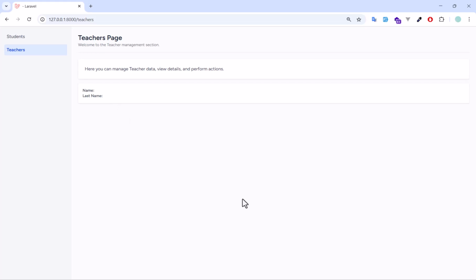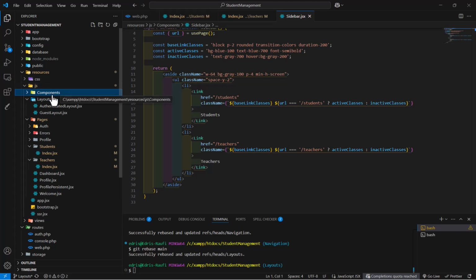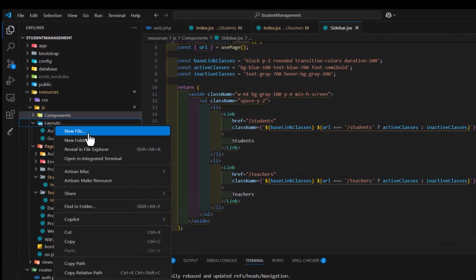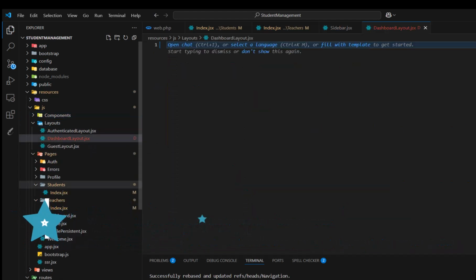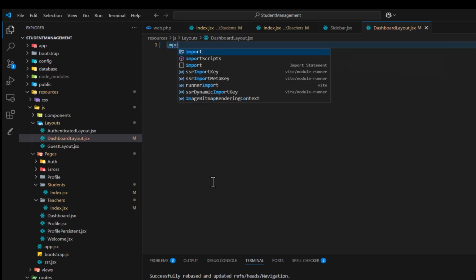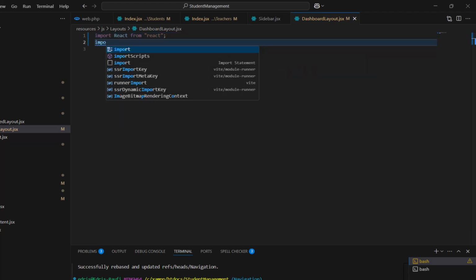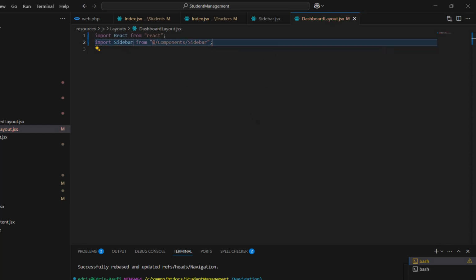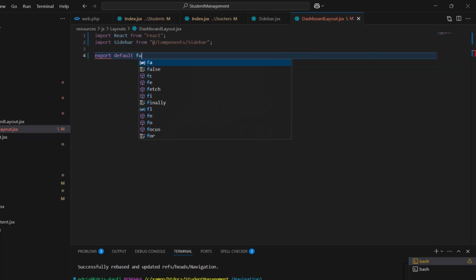Now let's go and create our layout. So let's go inside our resources, JS and layout. In here, I will create a new file with the name of dashboard layout.js and inside here, let's import React first. Import React from React, and after that, let's import our sidebar also. So let's import sidebar from sidebar, and finally, let's create our default function by typing export default function and give